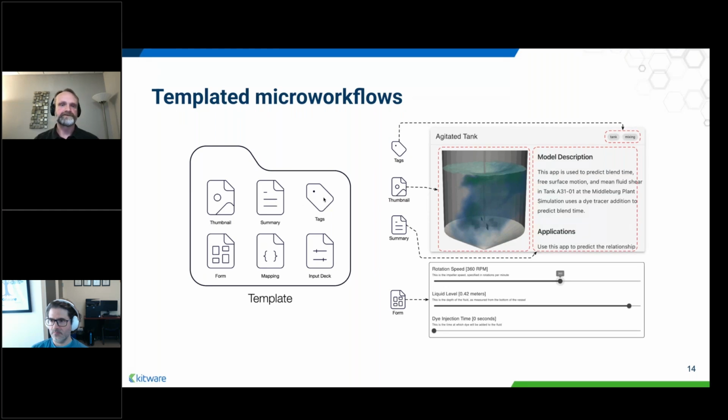So if you have hundreds of use cases, you need some way to refine which ones to bring up, basically a search mechanism to find relevant use cases for the problem you're trying to solve. And there's some kind of form element where you define which parameters you're exposing. And here we have 3 parameters in a mixing problem: rotation speed, liquid level, dye injection time,